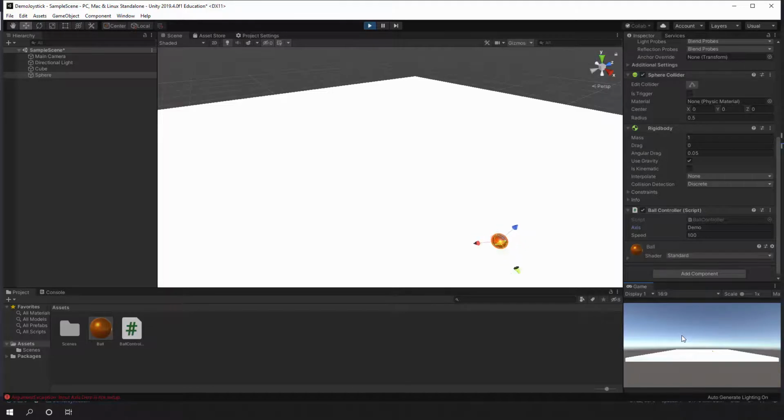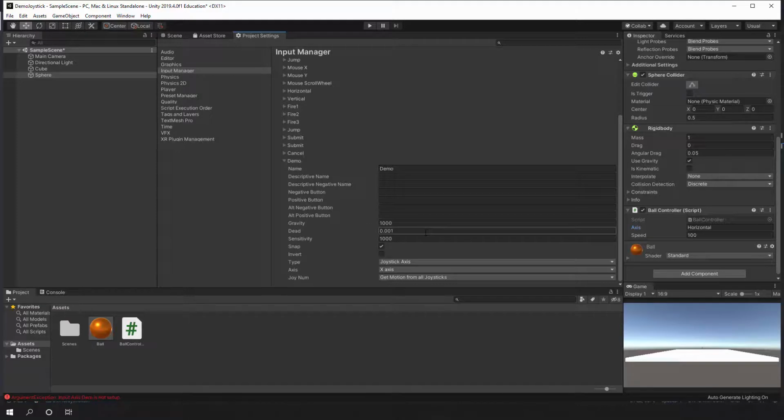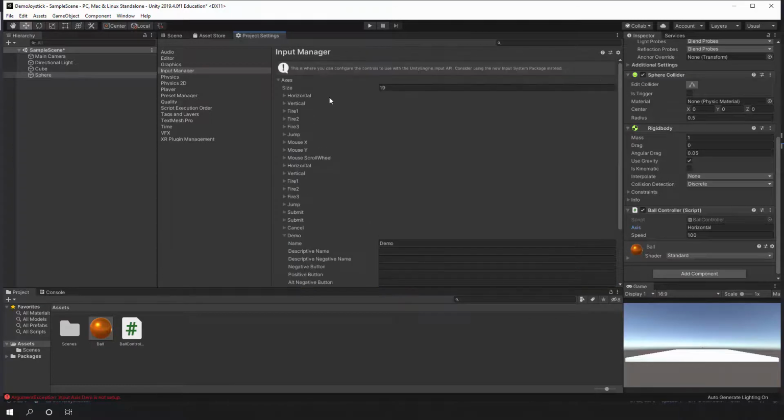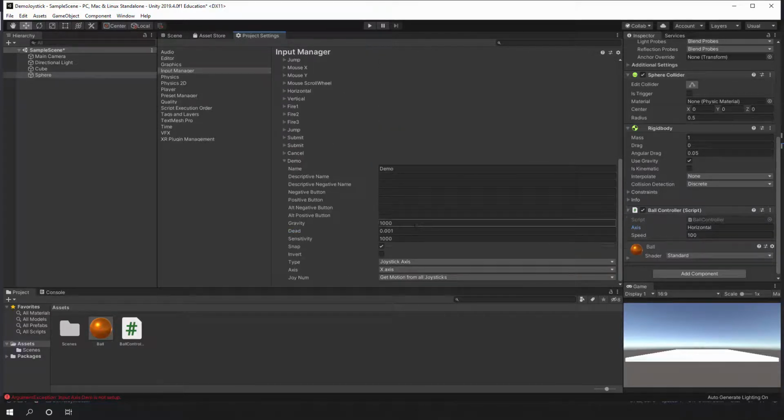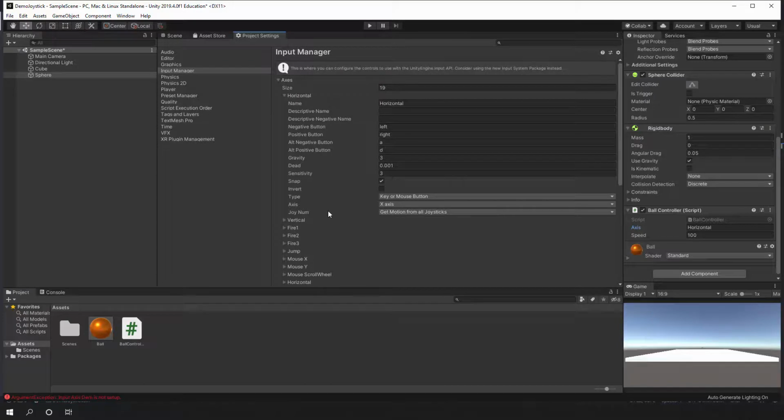And I will release it. Now it is being released, but as you can see, it is moving a little bit to the left. If we go back into the settings, you can see that the gravity and the sensitivity are incredibly high. Look how depth was 0.001 and sensitivity and gravity was 3. We keep the same depth, but we have a different value for gravity and for sensitivity. So we have this information for the x-axis, and we have also vertical.